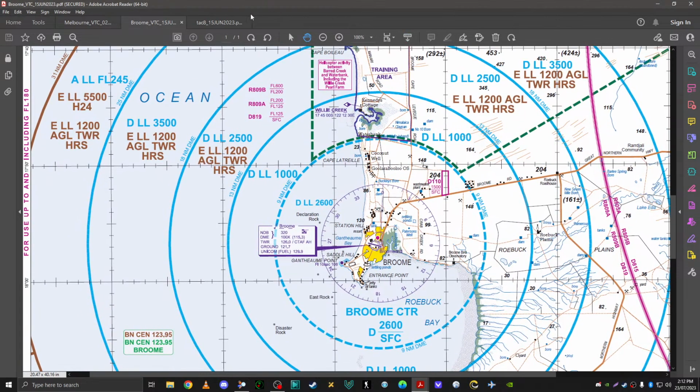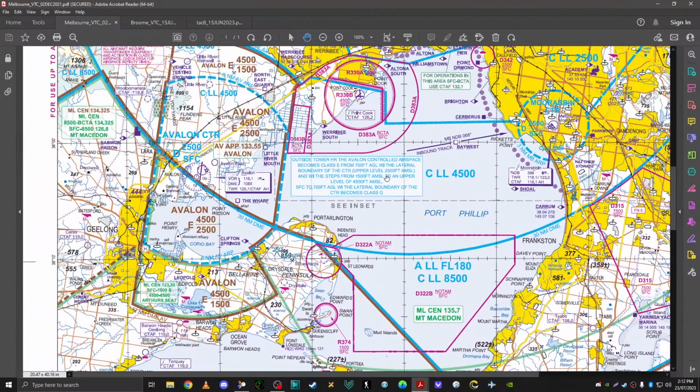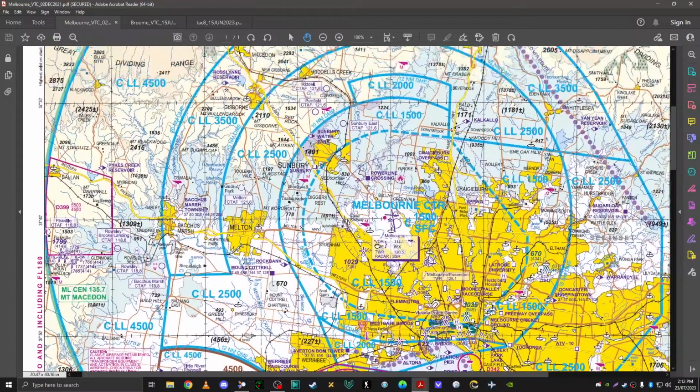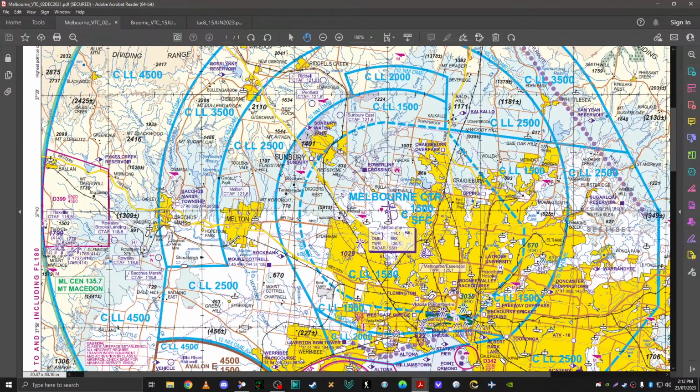Now, as you can see here, that's the two easiest ones to deal with. Okay, let's get on to the next. You can see all these blue rings, and most of you who fly know what this is all about. It's Class Charlie, often referred to as an upside down wedding cake, and you can see